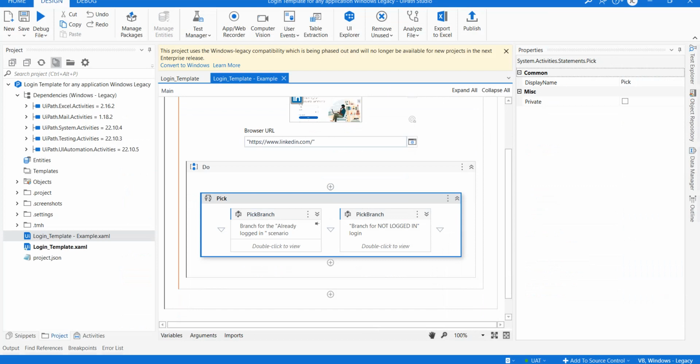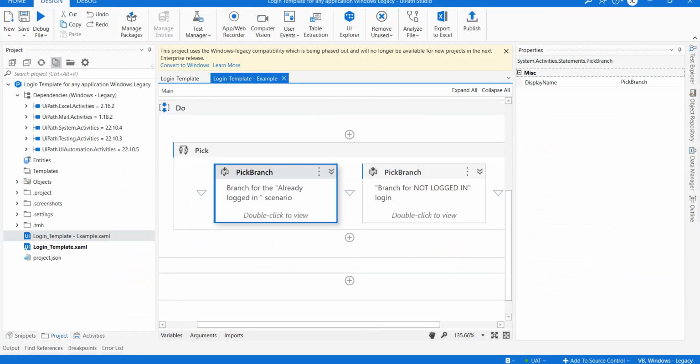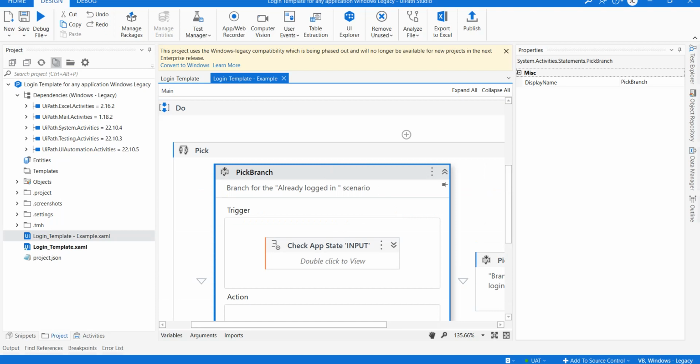And then now in this pick activity, I have two branches. The branch on the left is the one that handles the already logged in scenario, because sometimes when you open the application, it's already logged in. So we will configure this branch first. Firstly, we expand this branch,